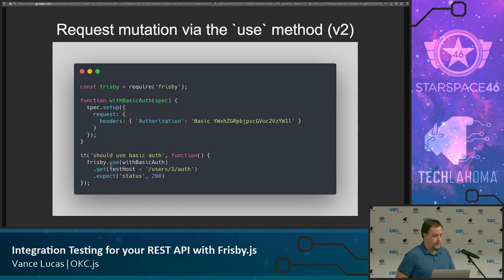So if you call .use, it will pass this current expectation that you're building in here. So it's passing the Frisby spec object in here, and then you can actually call methods on it. One of those methods is setup, and setup lets you add things to the request or the response, but I think mainly requests right now, and it's going to let you add a header. So right now I'm saying Frisby.use with basic auth, and this is a function that is going to add an authorization header for HTTP basic auth for this endpoint,